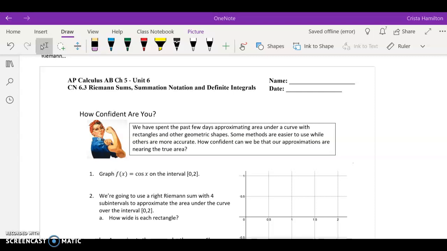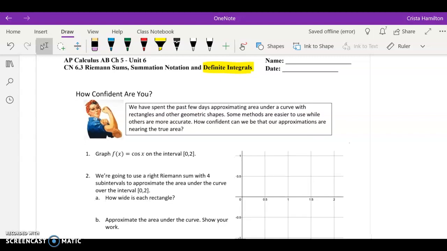Okay, today's video we're going to continue with our discussion of the Riemann sums with our summation notation, and we're going to add on a discussion of what a definite interval is. So we're going to go back to our discussion with the Riemann sums, and we've been approximating area under the curve, and I'm going to remind you that when we've been doing this we're really talking about net area